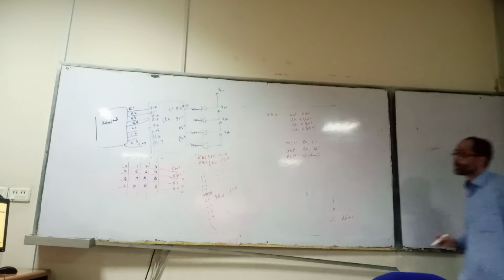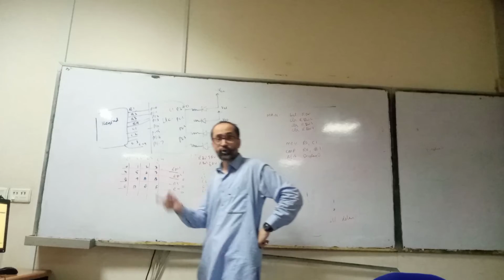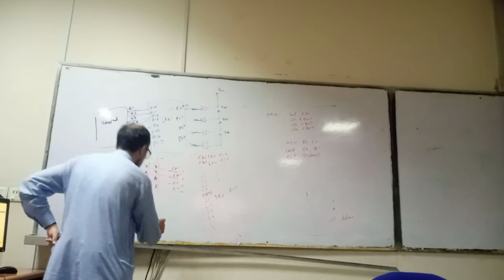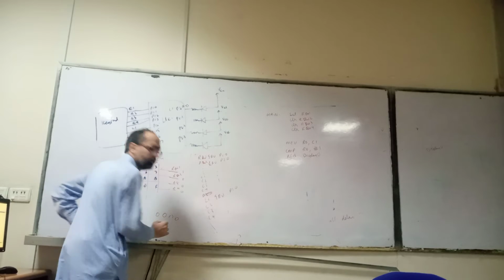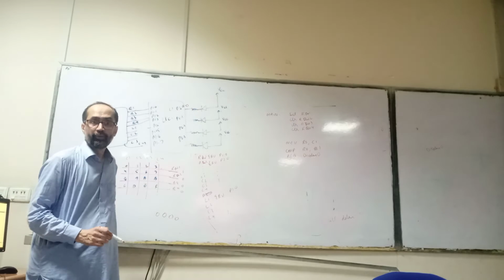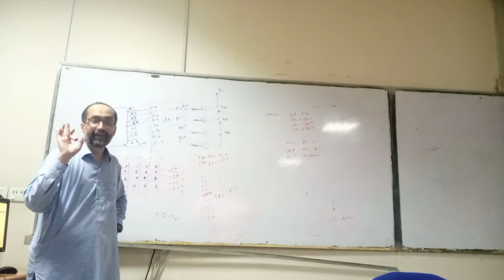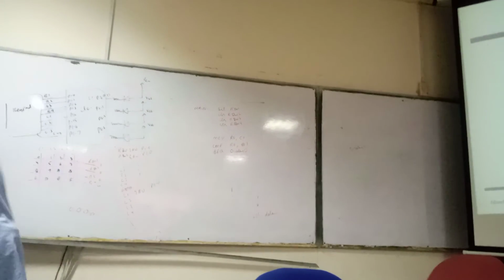Now if you want to display 0, what is the code for 0? ASCII code? No, the code for 0. 0 0 0 0. सारे 0 0 होंगे. So sir, all LEDs will be off. Yes sir, all LEDs will be off. Okay, now in order to make your life more easy,